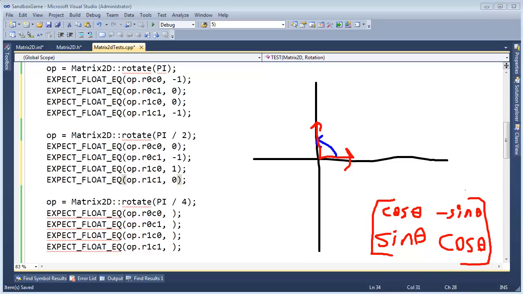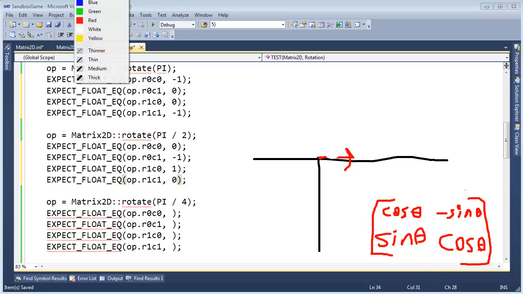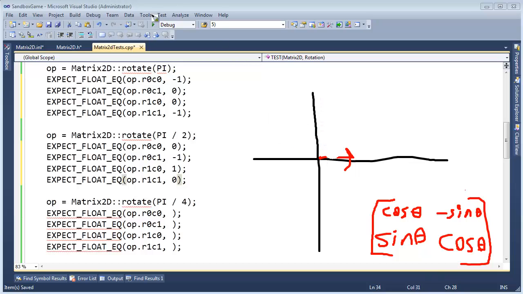Okay, pi over 4. Pi over 4 means we're going to bring this vector to right about there. Well, what's the length of this side and what's the length of this side? If you remember from the previous videos, it's going to be root 2 over 2, and the same thing as a 45-degree angle. Ooh, I just said 45 degrees instead of pi over 4 radians, but root 2 over 2, root 2 over 2. Well, what is root 2 over 2? It's roughly equal to